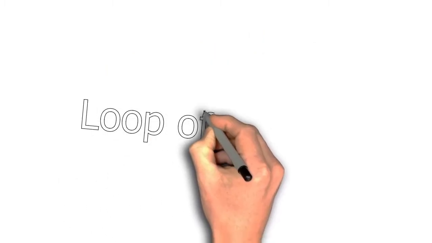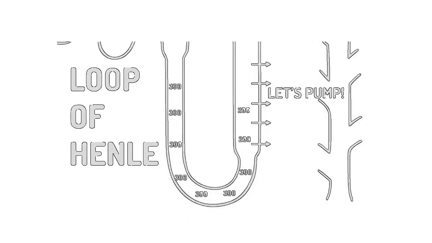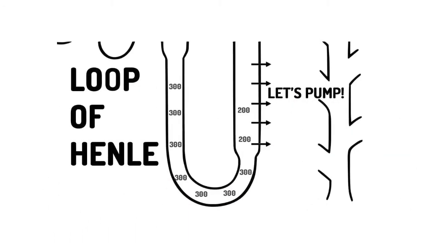The next part of our nephron is the loop of Henle, which is present in both regions, in the cortex as well as in the medulla. So the PCT or proximal convoluted tubule leads to a long thin-walled U-shaped tube called the loop of Henle. It runs down the medulla, takes a U-turn and returns to the cortex region to continue into the next part of the nephron. This is called the loop of Henle.